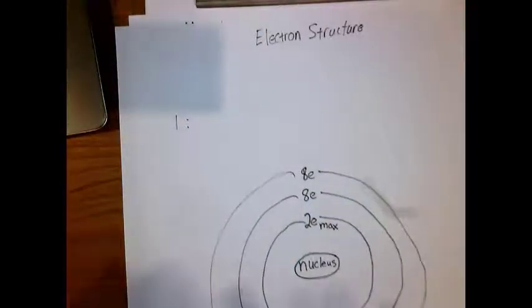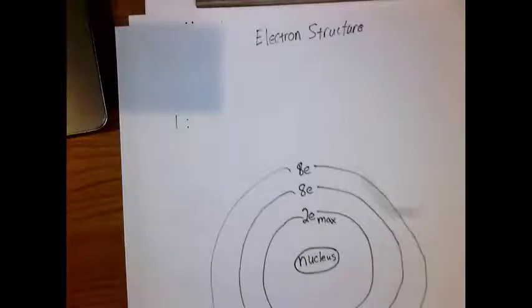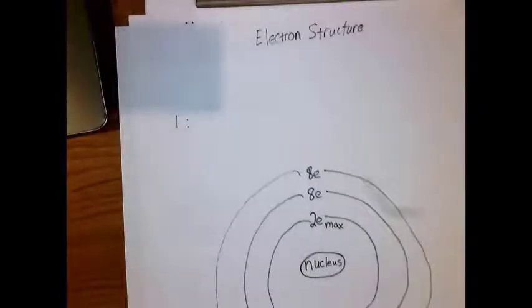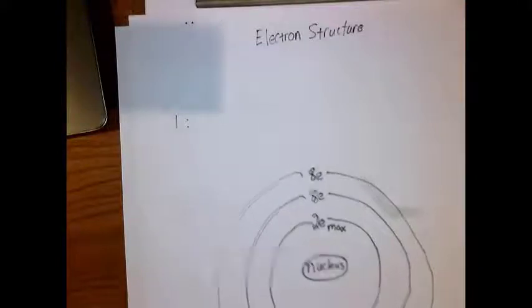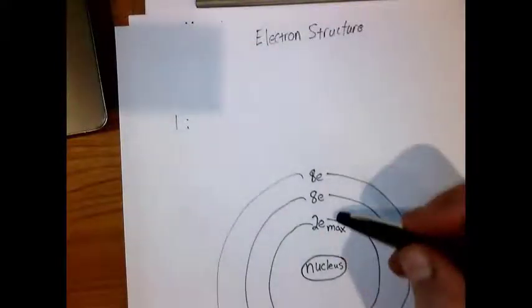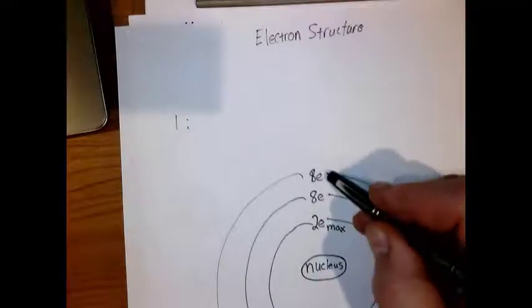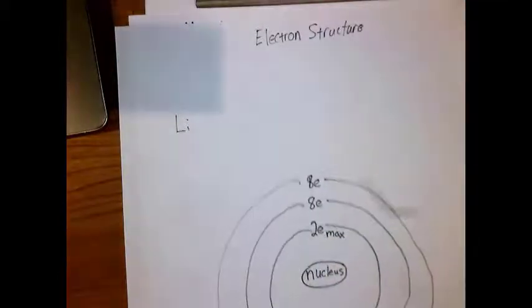As the atoms get larger and larger, it actually can hold a little bit more than 8 electrons, but for our purposes, we're going to go 2, 8, 8. All right, so